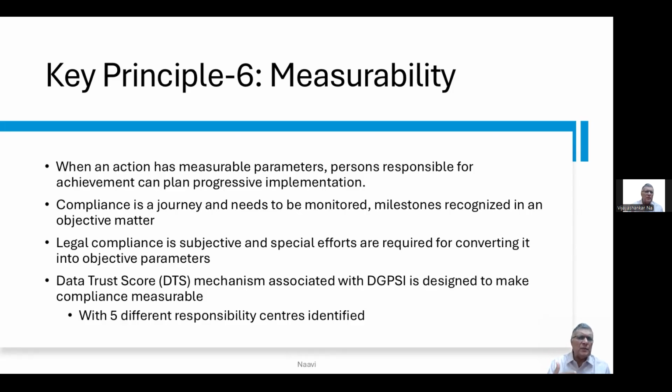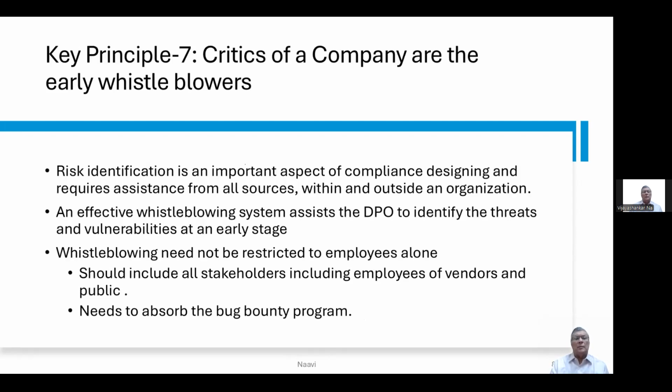To some extent, this may help us in meeting a principle called proportionality in certain privacy discussions, so that a DTS of, say, 30 may be acceptable in certain conditions, whereas a DTS of 60 may be mandatory for some other requirement. So something like that can be worked out if your compliance measures are amenable to measurability. Now, the seventh principle is to recognize that